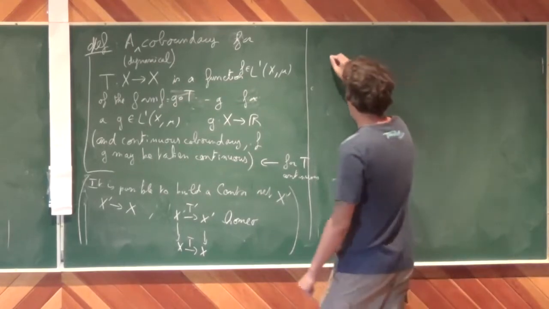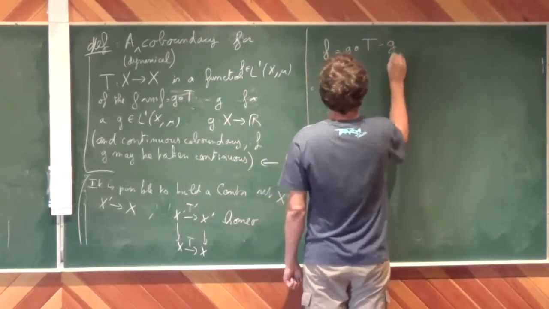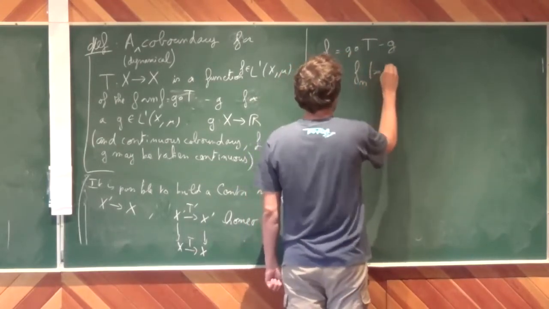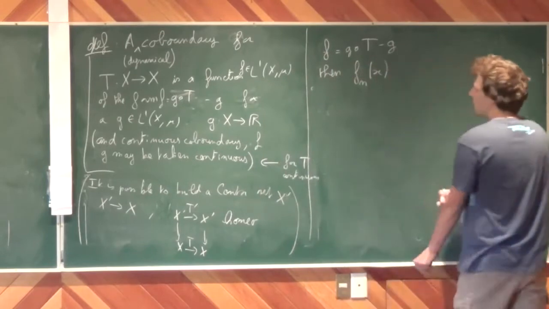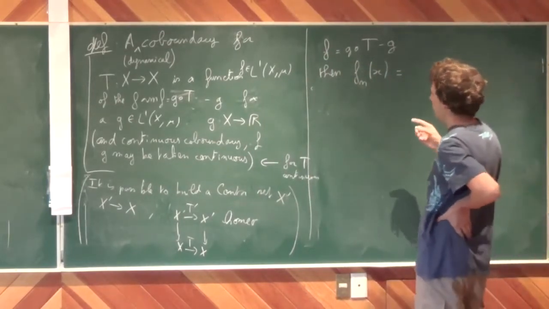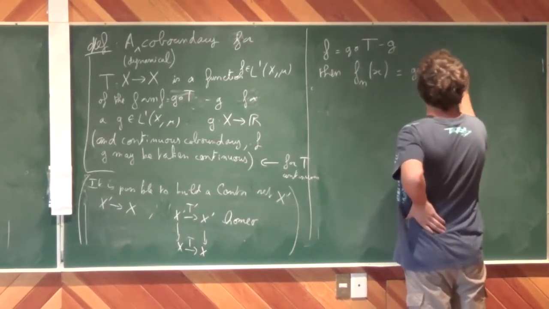Yes. So imagine that F is a coboundary. Then what is the Birkhoff sum of that function? You just apply the definition. So this is G composed with T of x minus G of x